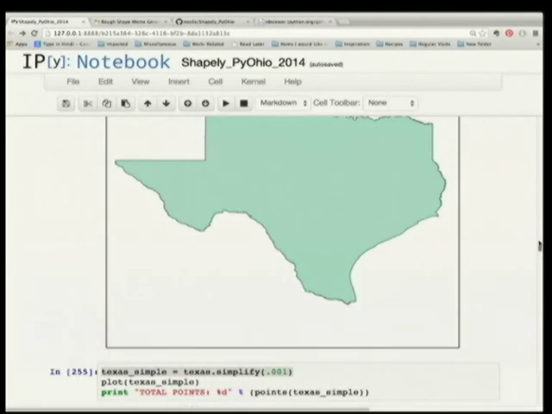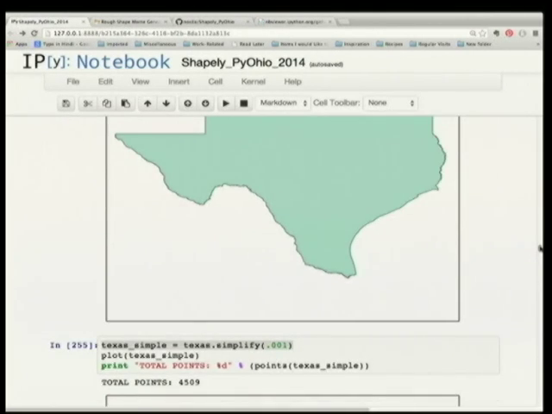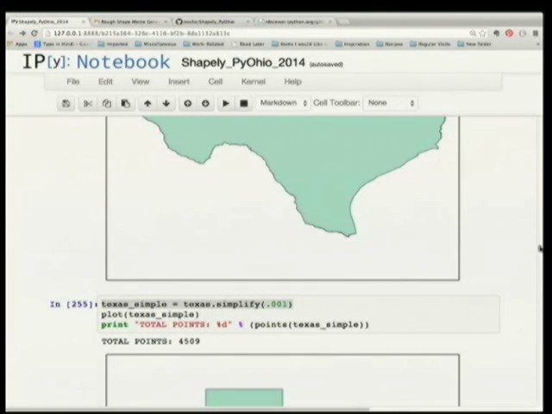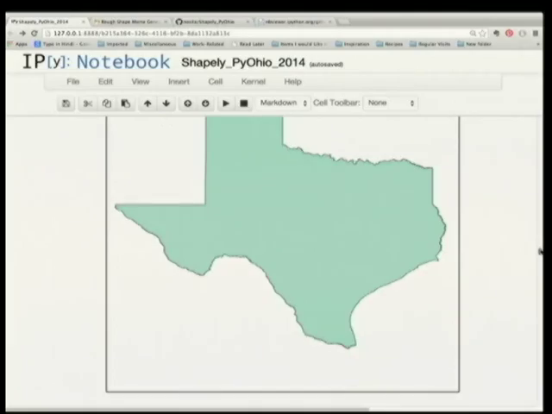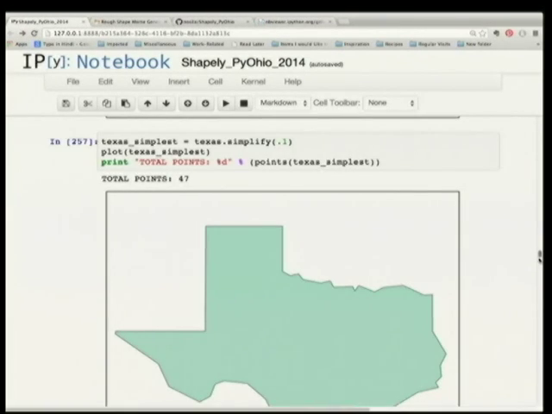So you can simplify, and this is just sort of this 0, 0, 1. It's just sort of a threshold factor. It's not from 0 to 1. You can go above 1, far above 1 if you want to. And so this looks the same to the naked eye, so that might be a win. The only problem is if you're trying to join a bunch of shapes together, what happens, and this will probably be better illustrated by this shape if you take it one step further, is that it kind of gets kind of crude